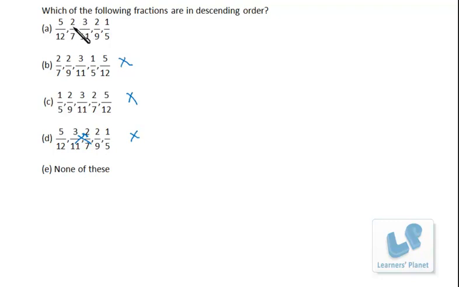Let's cross multiply the next one. It's 22, 21, right? It's 27, 22, correct? Then it is 10 and it is 9. So this is the correct one, right? So if you get the correct answer at the very first step, then no need to calculate further, right? I hope you are clear.